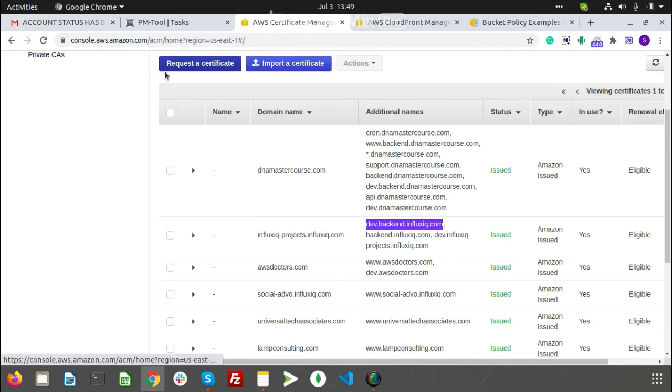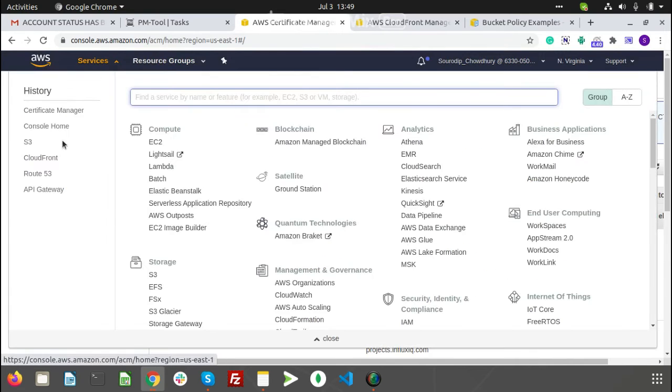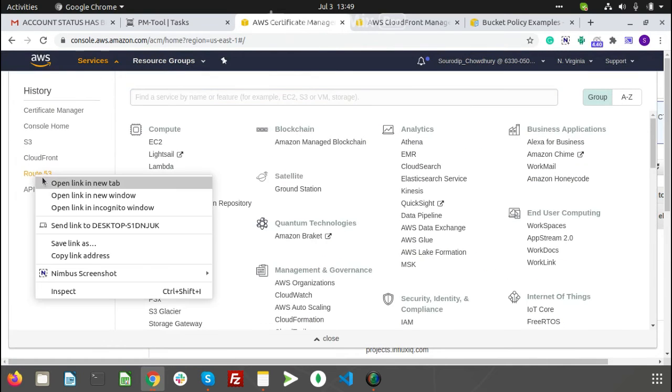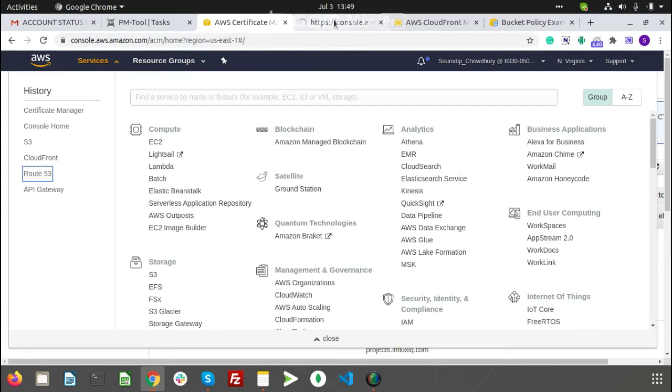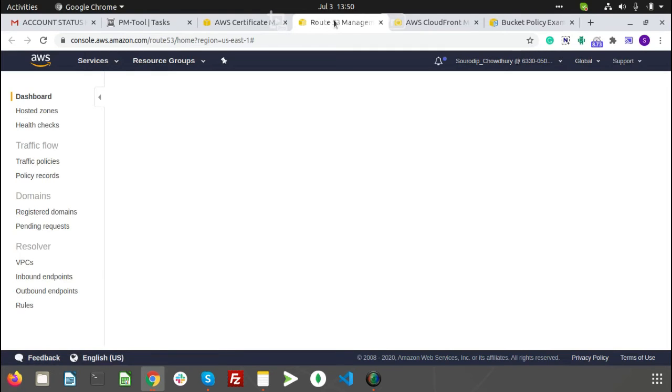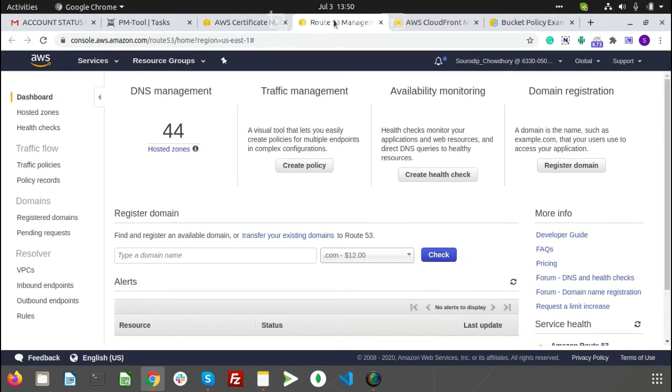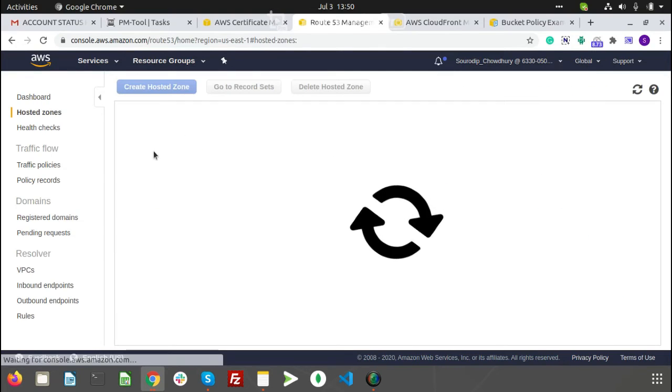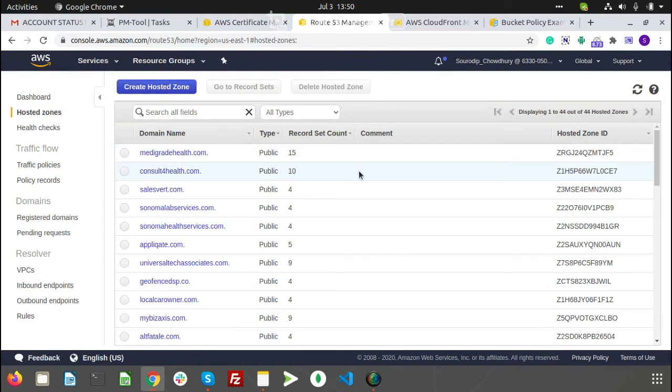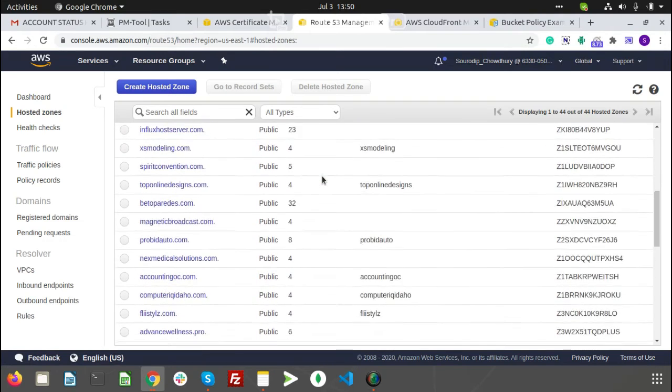Then we need to go to the Route 53 services in order to route this endpoint to our domain. If you have not registered your domain in hosted zones, there is another video which you can refer to, do it and come back.